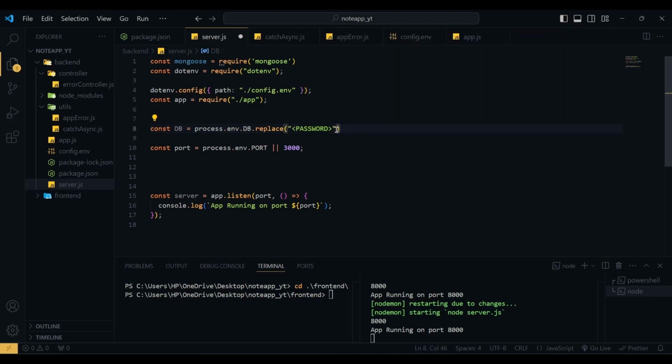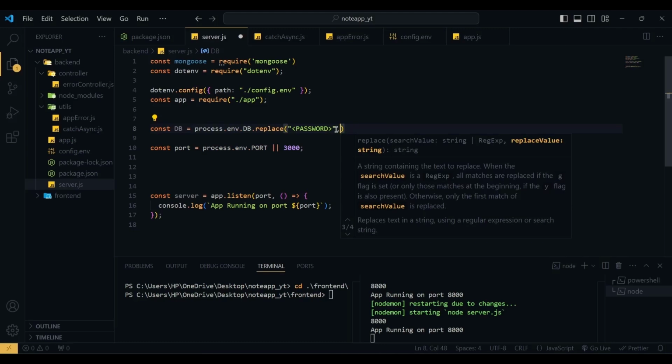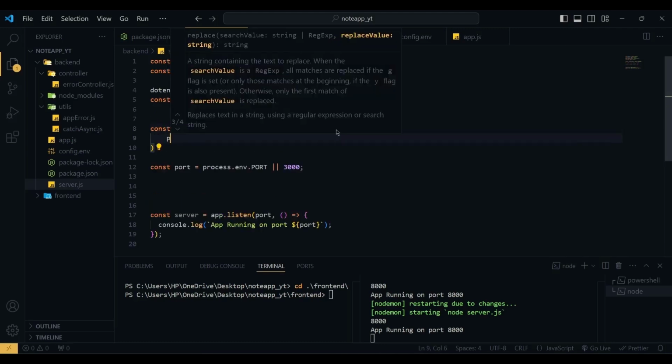So we are going to replace the password with